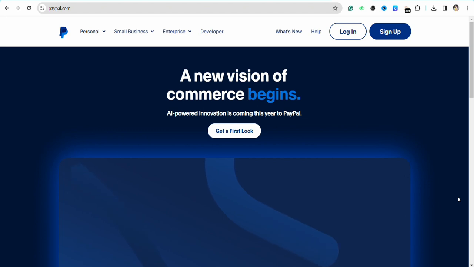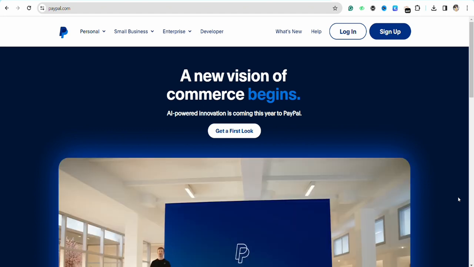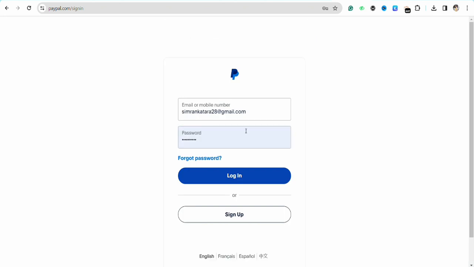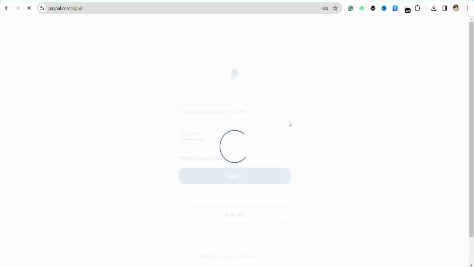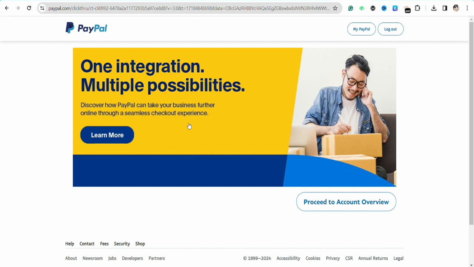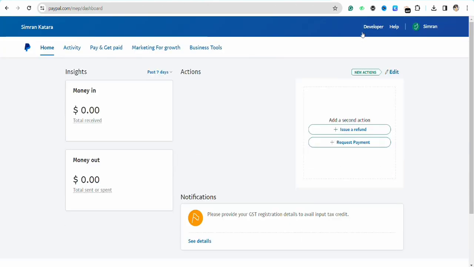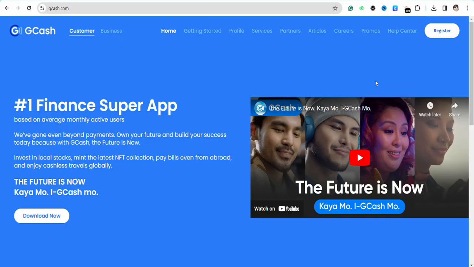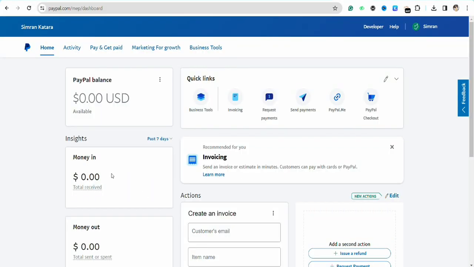So first of all, just open your PayPal account, and after that just simply log into your account. Just click on login and just enter your credentials and just log into your account, and from there just click on my PayPal and you will be redirected to the home page of your PayPal account, and simultaneously just go ahead and log in into your Gcash account as well. And once you're logged in into both your accounts,